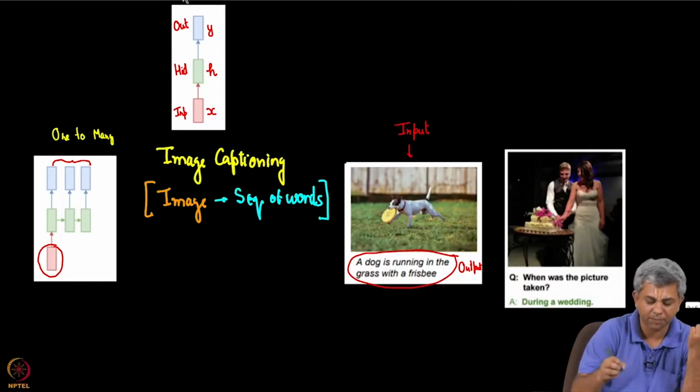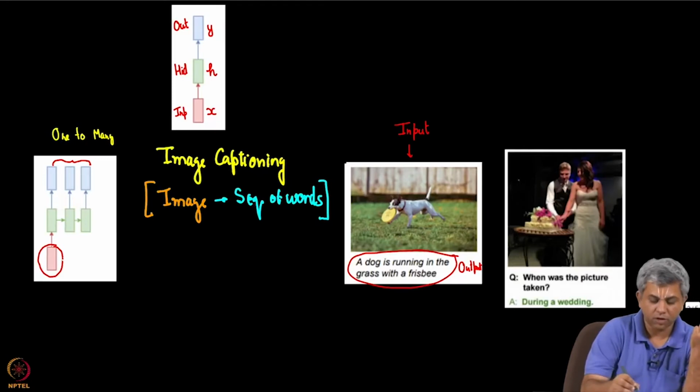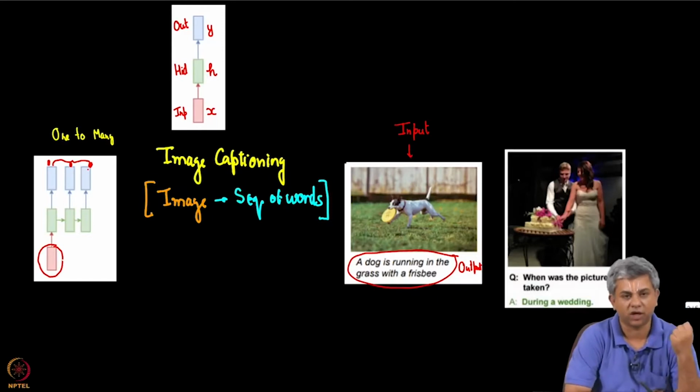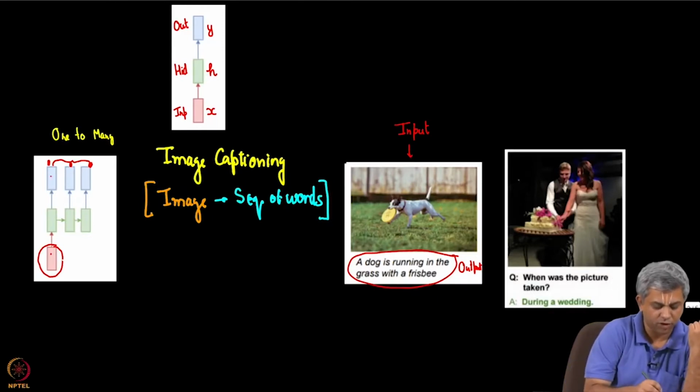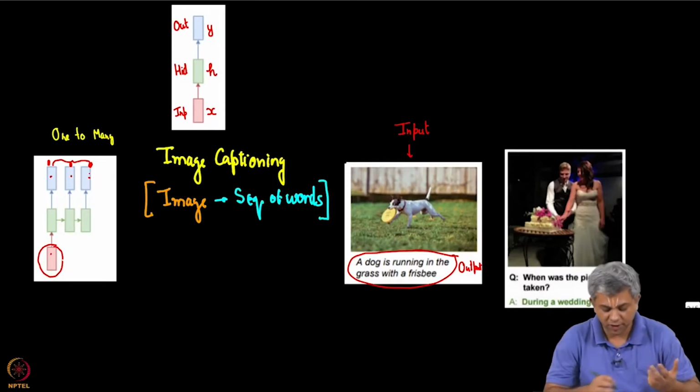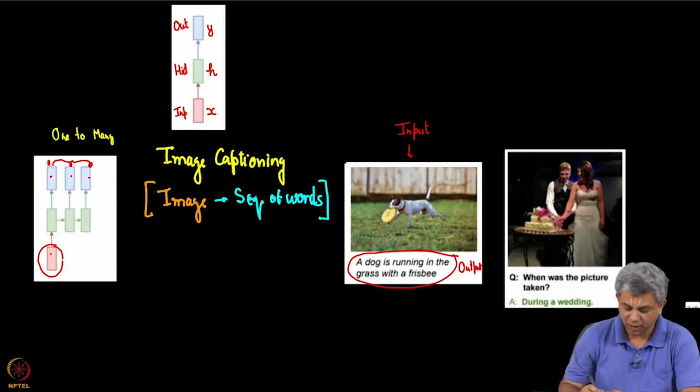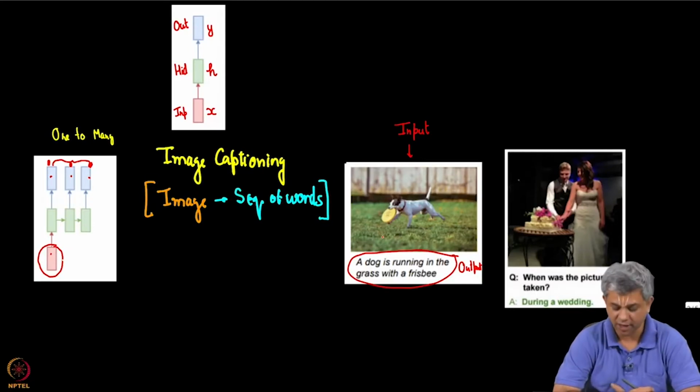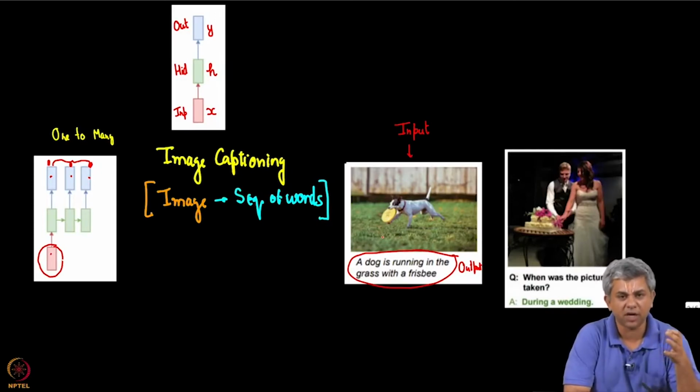You somehow have to map one input here to a bunch of outputs. Now, what each of these outputs means we will see shortly. But let us assume this corresponds to word 1, word 2, word 3. Now, you can see that just by seeing an image there has been a fantastic output here saying a dog is running in the grass with a frisbee. So, that is remarkable. Of course, it is not simply a one to many RNN as I have shown here, there are many other tricks going on and that is well beyond the content of this course to go into every detail, but hopefully at the end of this course you will be able to read papers like this, image captioning papers, and be able to figure out what is actually going on.